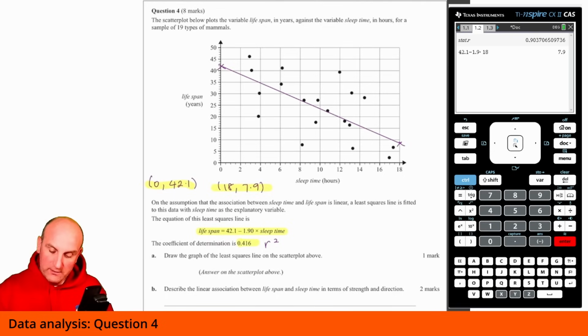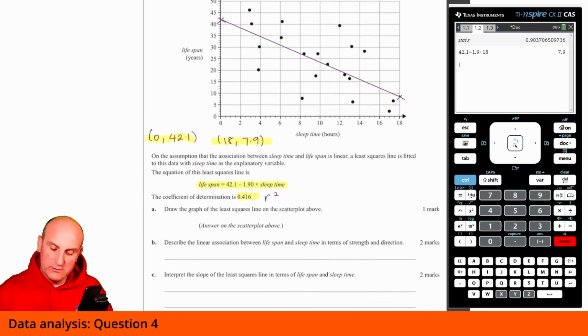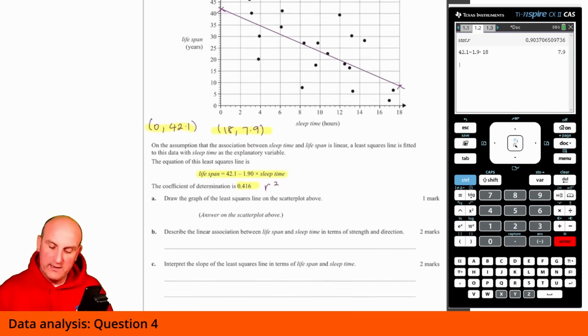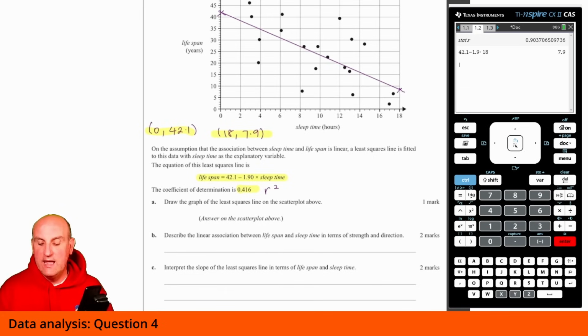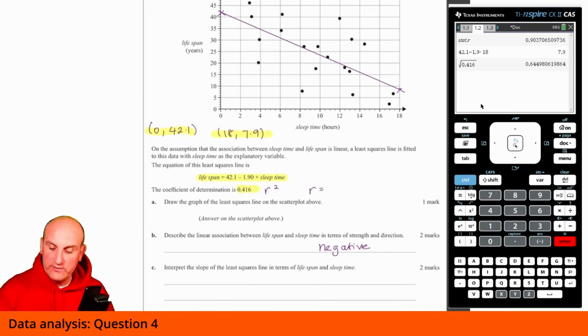So that's that one. Describe the linear association between lifespan and sleep time in terms of strength and direction. Well, the direction is nice and easy because it's sloping down. So we can automatically put in there negative. But how on earth can we do the strength? Well, we come back to my value of r squared. So in this situation, I'm going to square root the value of 0.416, that's going to give me 0.644. Now again, trick. My line is sloping down, so my value of r is actually minus